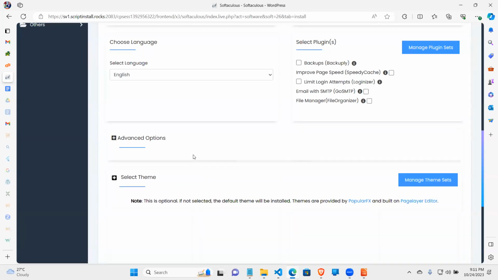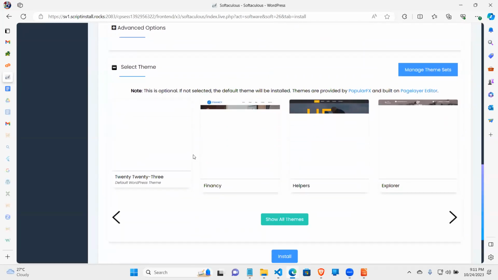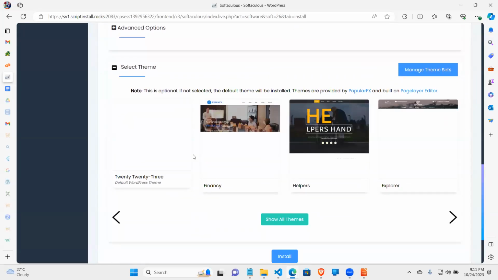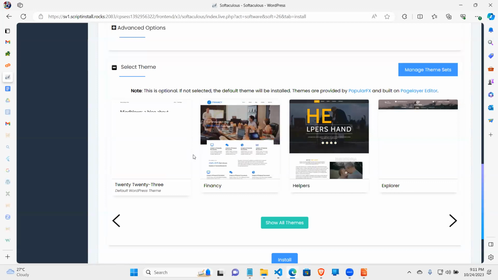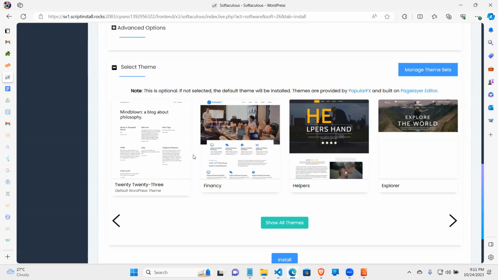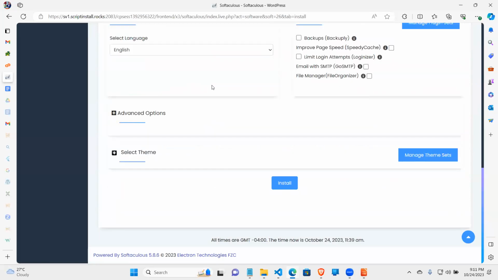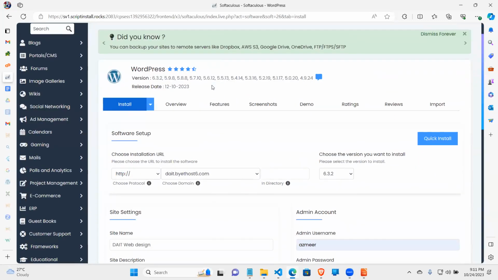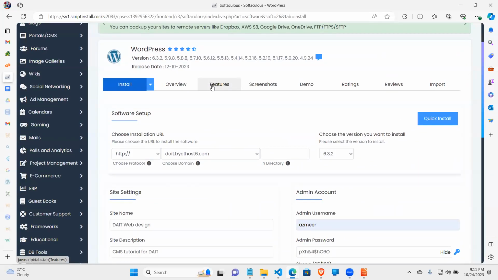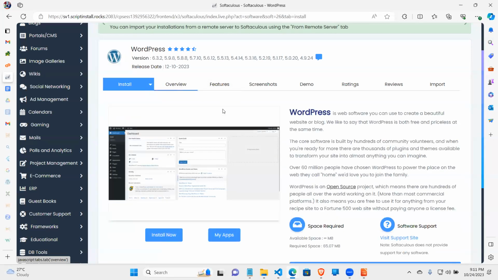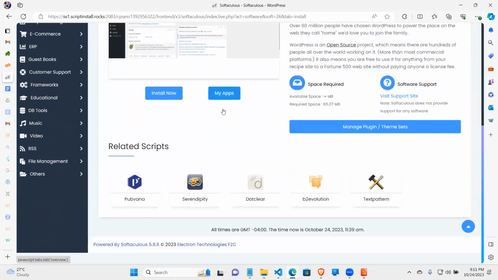Oh, theme, right. So there are nice themes I can start with. Okay, I am not going to install because I will do that later. So I'm going to turn it off as well. I guess I am ready. You see, I didn't do any changes to what is there. Okay, now let's explore. Okay, overview,